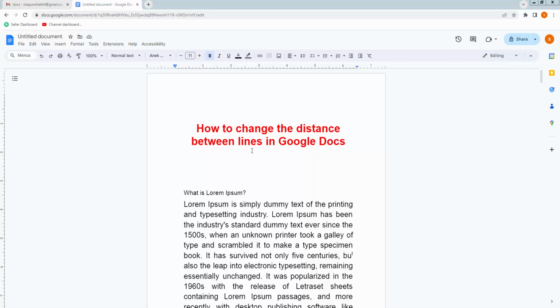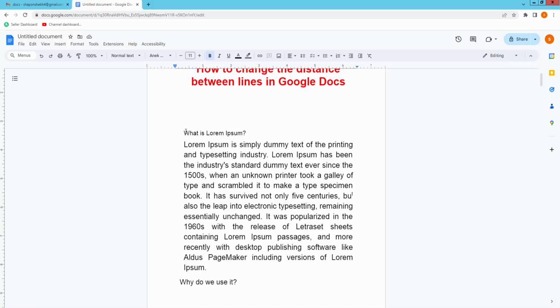In this video, I am going to show you how to change the distance between lines in Google Docs. Let's get started. At first, you have to open your Google Docs app. Then you have to open your Google document. Then firstly select the text